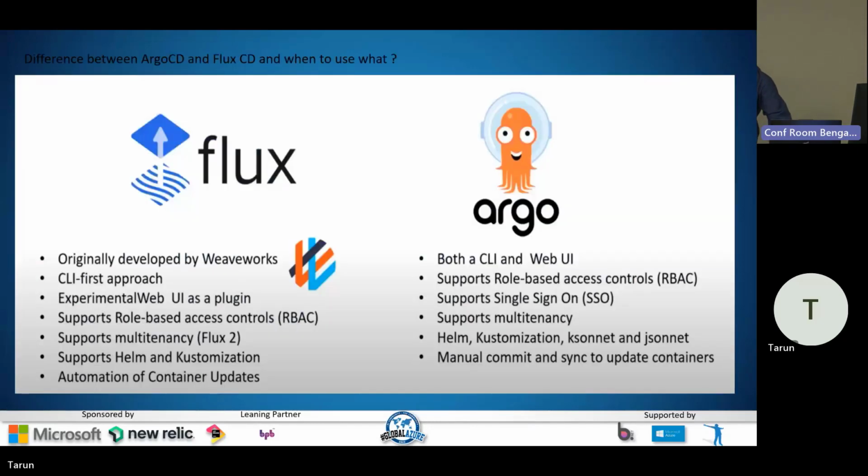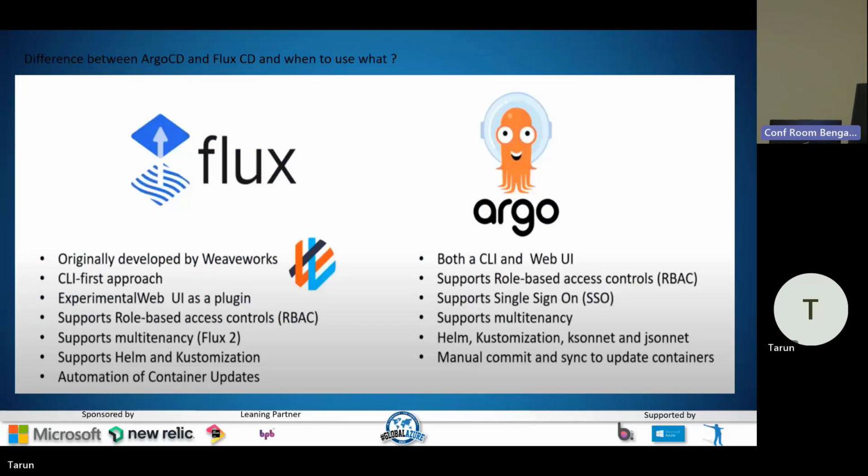So when it comes to the differences between Flux and Argo, both are used equally, but in terms of community support, we have good community support for Argo CD. In terms of contribution and collaboration, different developers keep on contributing. Basically, Flux was developed by Weaveworks, whereas Argo CD was first termed by Intuit. Intuit is also an organization that developed this, and now it is under incubation of CNCF, Cloud Native